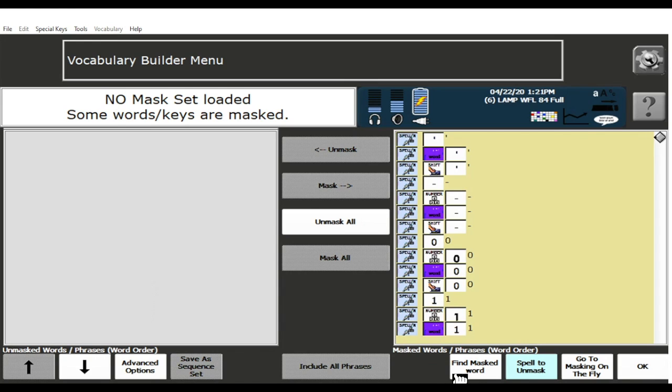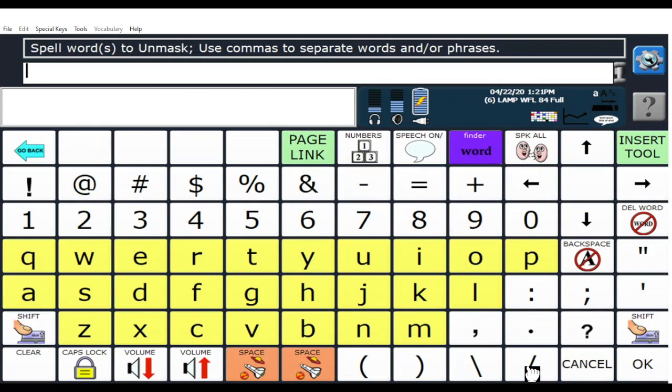Now I'm going to click Spell to unmask. This will give me the option to type in the words that I want loaded onto my page. This will make my list. So up here it says spell words to unmask, and I can put my whole list in by just typing it all out. So if I type in my words,